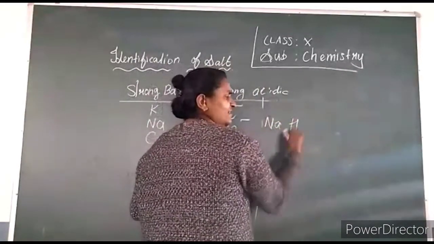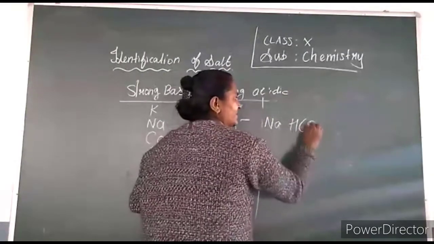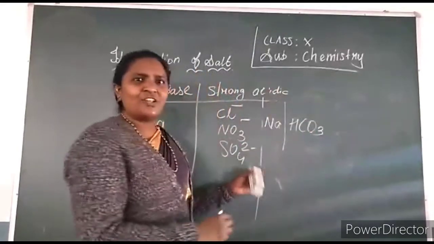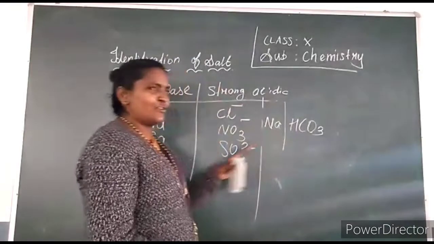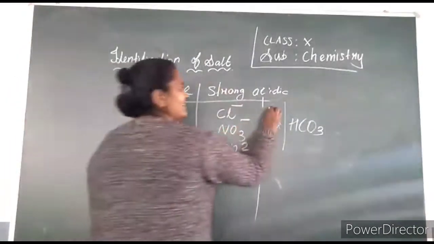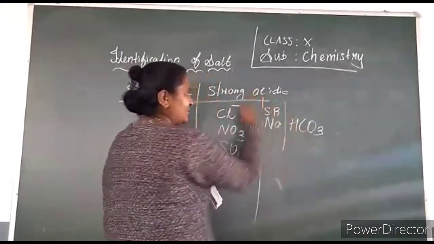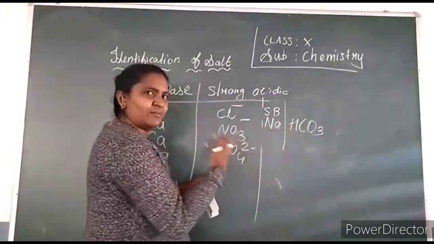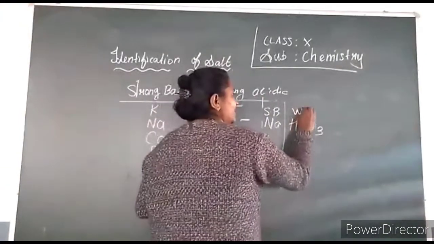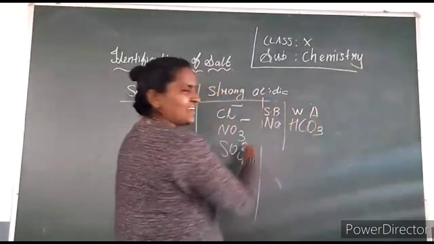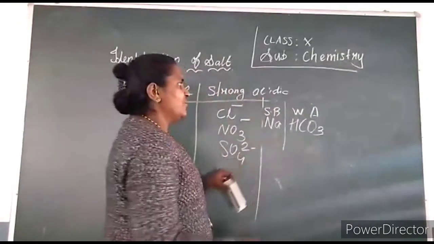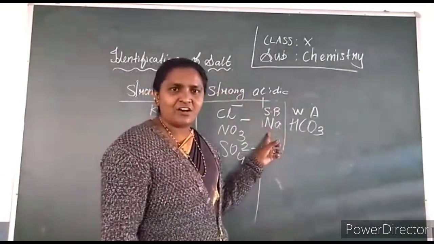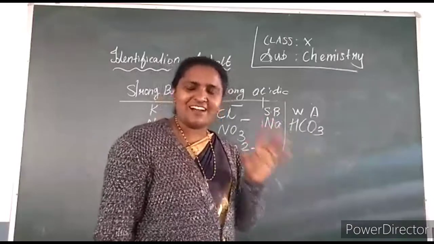Sodium bi, which means hydrogen, carbonate. So divided into groups, sodium bicarbonate. Look at the sodium, it is a strong base. And whereas the acidic group is bicarbonate, carbonate is weak, okay? Weak acidic. It is not under the list. Okay. So who is strong here? Base is strong. So the salt is a basic salt.